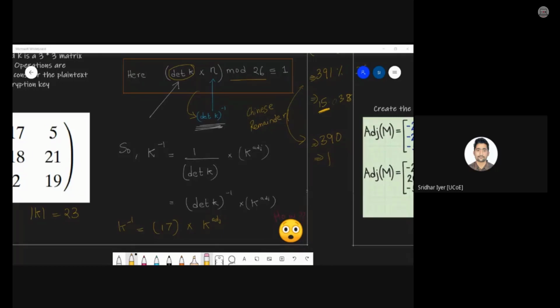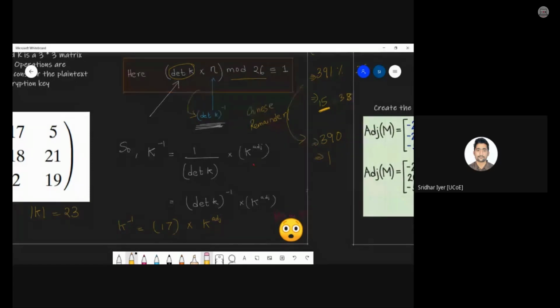Okay. So, do you want me to show you how to find this adjugate part, or you can do it? If you want, I can simply show it in 5 to 10 minutes how to find out the adjugate, just a revision. If you wish, I can show that. Because ultimately you have to calculate this. Fine? Okay. So let me show you how you got this adjugate part. Just a quick revision, nothing else.